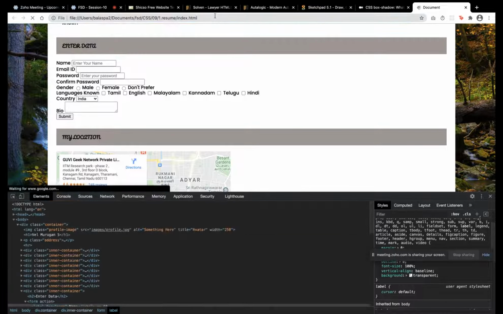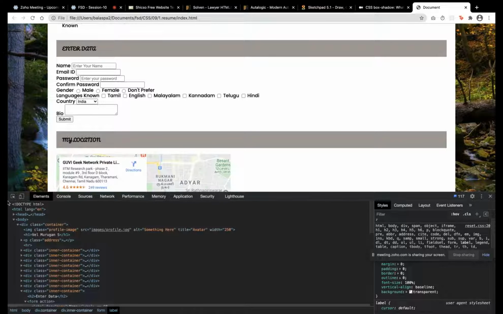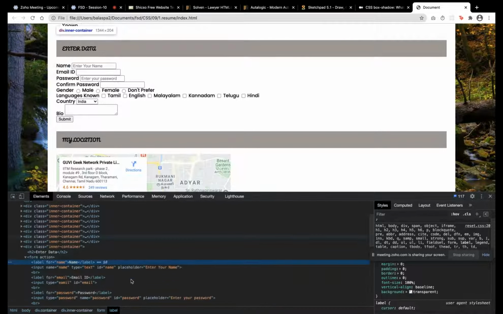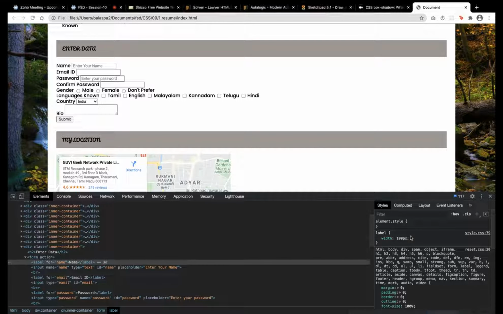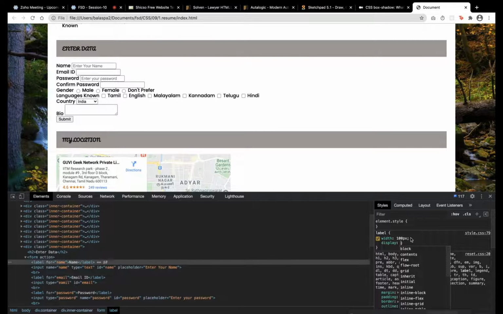So I'm giving width. Did it get applied? No. Why? A label is an inline element. For an inline element, we cannot give width. So the other thing is display block.